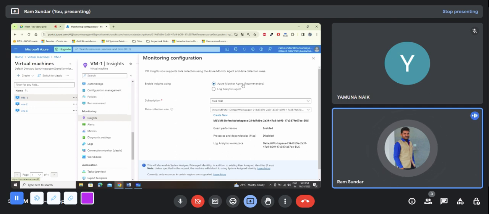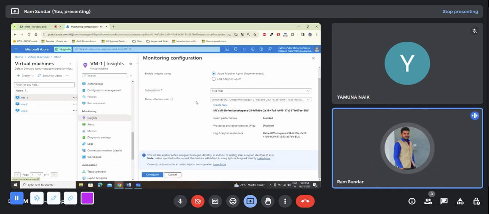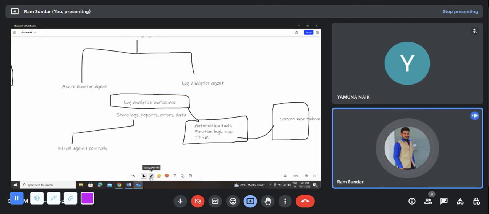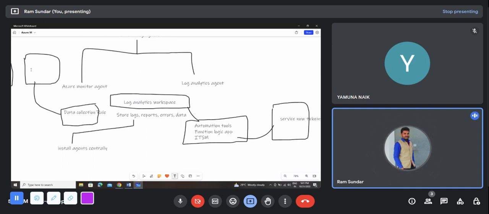The agent which I need to choose here: by default Azure gave the suggestion, that is the Azure Monitor agent. Choose the subscription, and then we need to define the data collection rule. So what is a data collection rule? This data collection rule is part of the Log Analytics workspace. It is an intermediate tool which helps fetch the data and logs